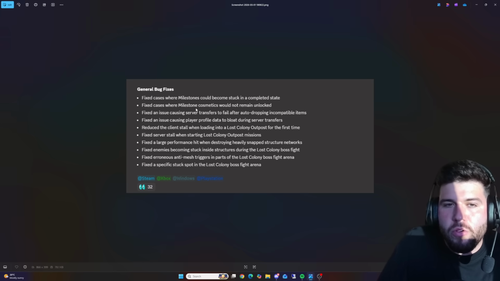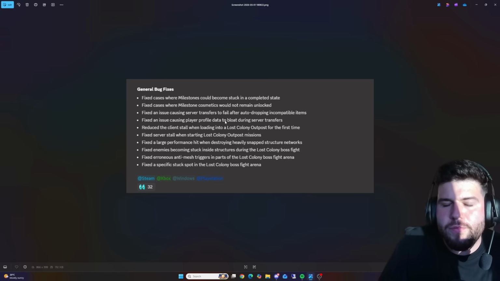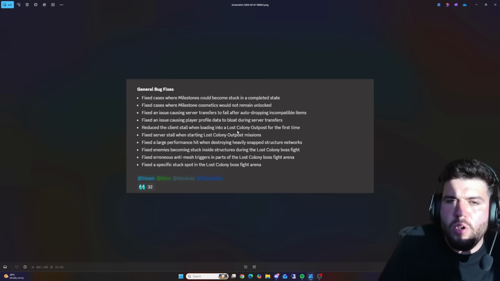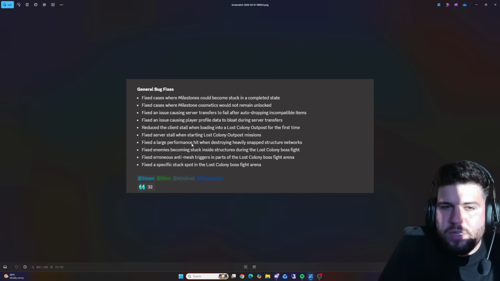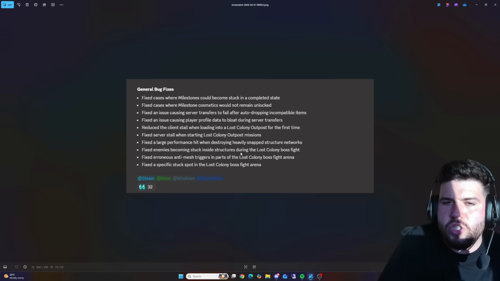Fixed cases where milestone cosmetics would not remain unlocked, fixed an issue causing server transfers to fail after auto-dropping incompatible items, fixed an issue causing player profile data to bloat during server transfers, reduced the client stall when loading into a Lost Colony outpost for the first time, fixed server stall when starting Lost Colony outpost missions, fixed a large performance hit when destroying heavily snapped structure networks, fixed enemies becoming stuck inside structures during the Lost Colony boss fight, fixed anti-mesh triggers in parts of Lost Colony boss arena, and fixed a specific stuck spot in the Lost Colony